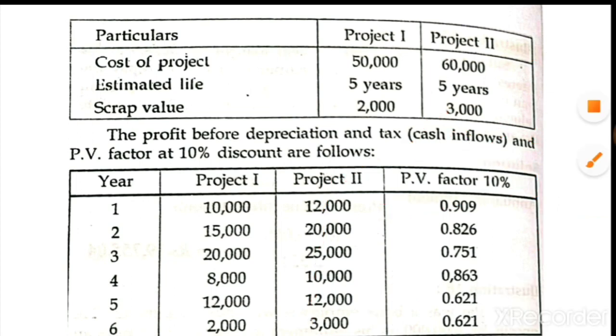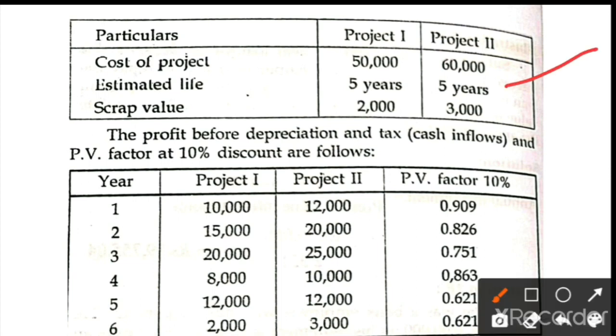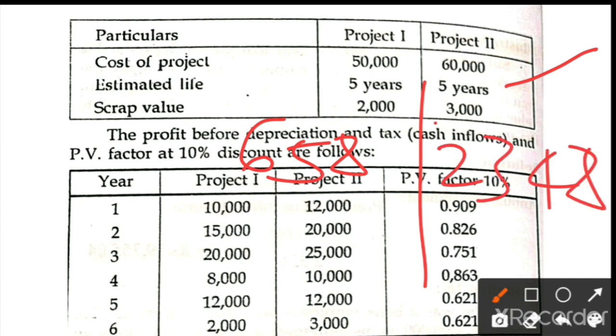Okay, is it clear? So among the two NPVs, project 1 and project 2, the NPV of the second project is higher. Why? Because the net present value of project 1 is 658, and project 2 is 2,348. So which is higher? Project 2 is higher. So we are recommending that the company has to select project 2. By selecting project 2, the company has a more net present value. So the higher the NPV, that is what is recommended to the company. Is it clear? Very simple.